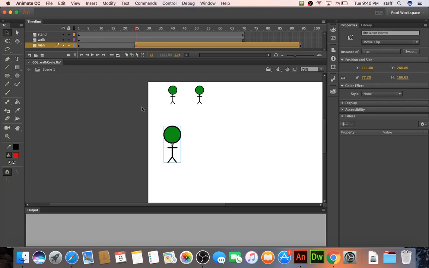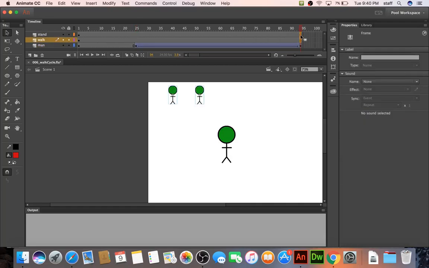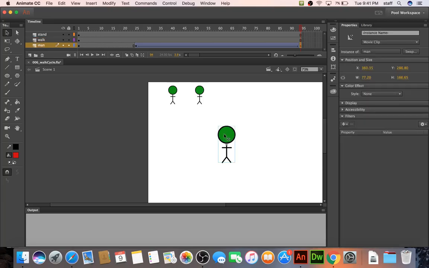Flash has a lot of capacity for a lot of really cool things if you can wrap your head around the way it works. And the fact is, you can have symbols within symbols within symbols, and it's a very powerful feature, but it can be a challenge at times to keep track of where you are. If you think about symbol within a symbol within a symbol. For example, a character could have eyes that are blinking, and so each eye will have its own timeline where the eyes are occasionally blinking on their own independent timeline, and the face is on its own timeline also, where maybe every now and then the face is doing something and the eyes are blinking independently. All of those things are possible with Flash, and